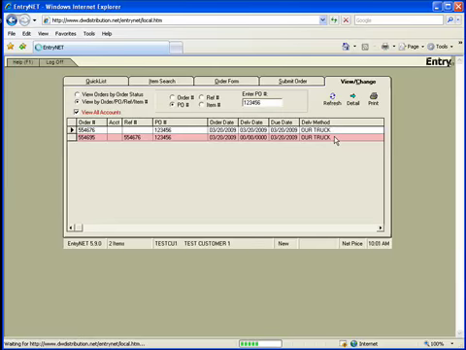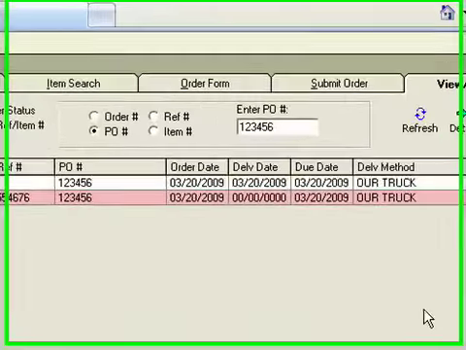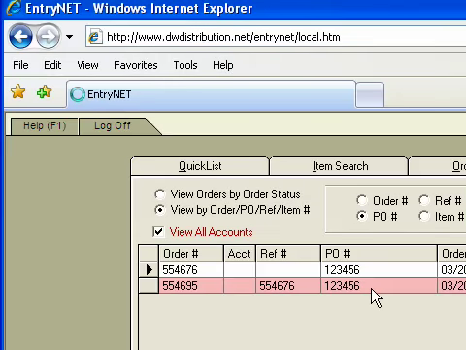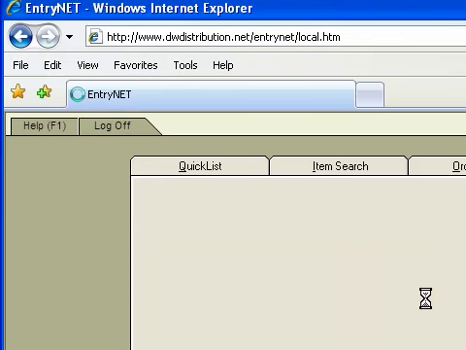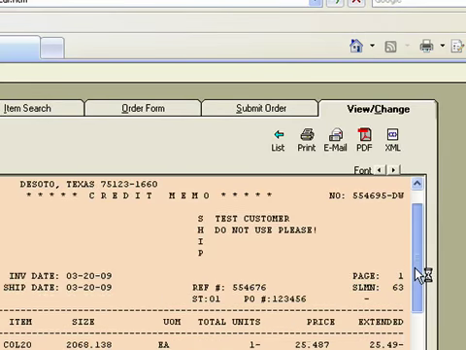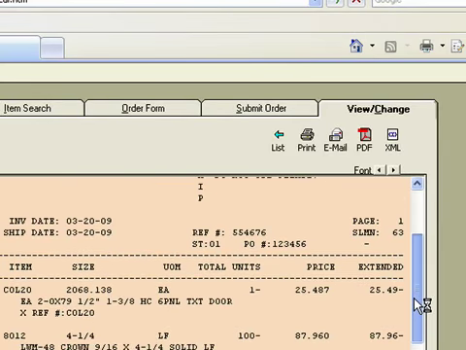Okay, we clicked in PO number 123456, and this will show every invoice associated with that purchase order number, including any credits, debits, new orders, back orders, everything you wanted to know about that. So you can click on that, and you have the same invoice there, right, as we see that. We're going to go back to List,